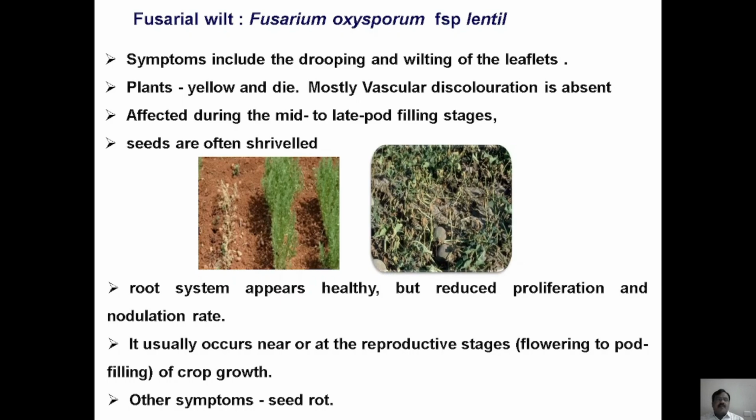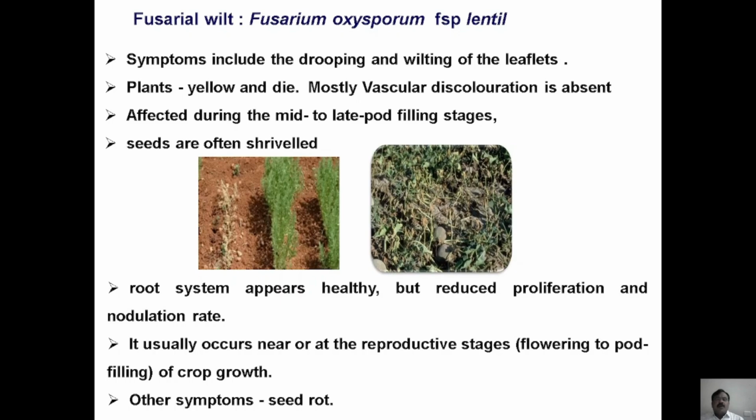The affected plant completely turns yellow and dies. In the longitudinal section of the infected plant, the typical vascular discoloration seen in many other crops is absent in this particular lentil crop, and the crop is mostly severely affected during the mid to late pod filling stage